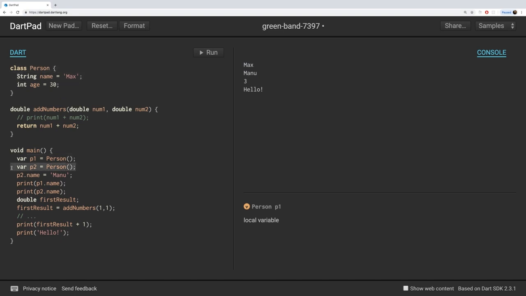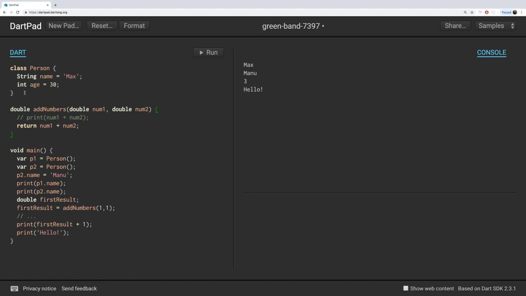For the second person I did change it, and therefore here where I changed it, we changed it to Manu. Down there when I print it, I print Manu. This is how that works, and classes are a crucial feature in many programming languages,